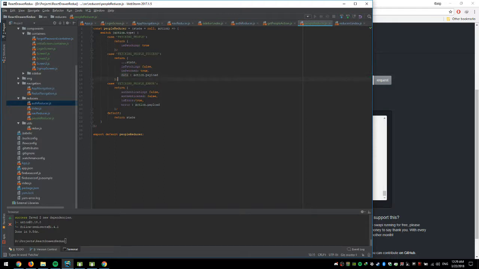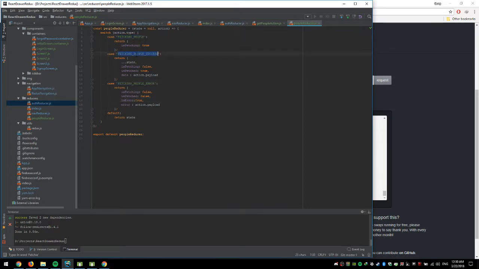Data is the payload itself, so we can copy paste this to false. If any error, is error true, error is action payload. So basically it's just the same thing as the authentication reducer, but